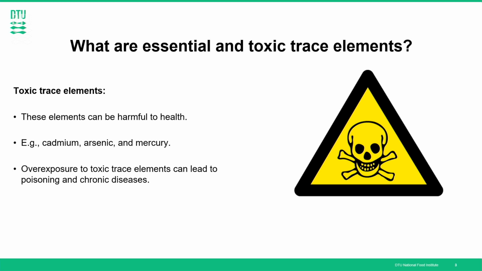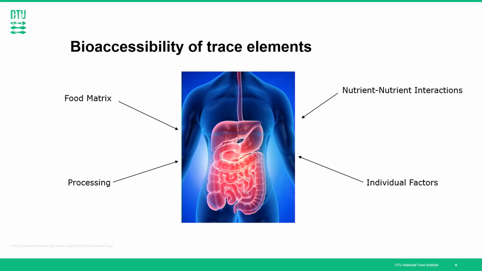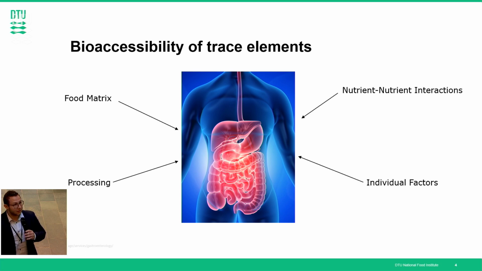Then, of course, on the other hand, we have the toxic elements, and as the name suggests, they're toxic. A prime example is mercury: as your parents always told you, not to play with the thermometer because it has mercury in it. But now the question is, how do we actually absorb all these elements? Most of the time this happens through the gastrointestinal tract, and here we can talk about the bio-accessibility. The bio-accessibility tells us about the proportion of a compound or an element that, through the gastrointestinal tract, gets ready for absorption by the body.